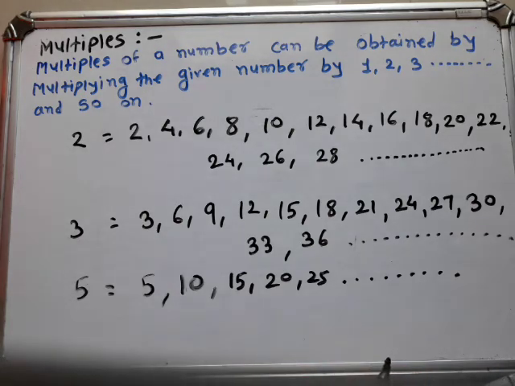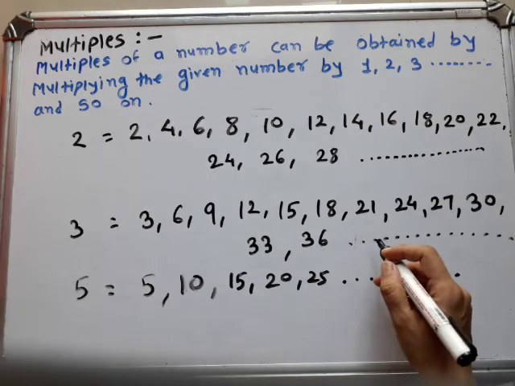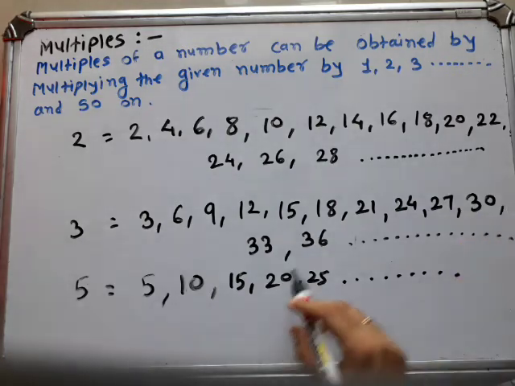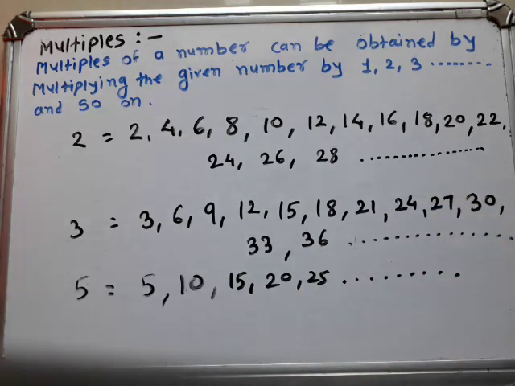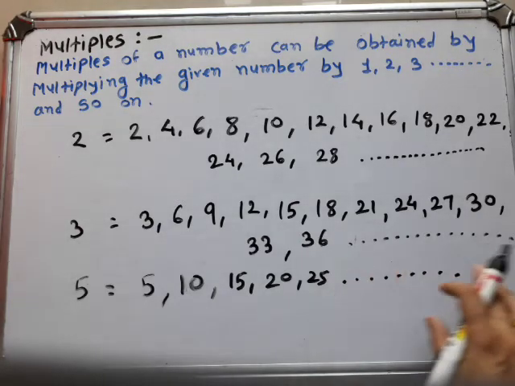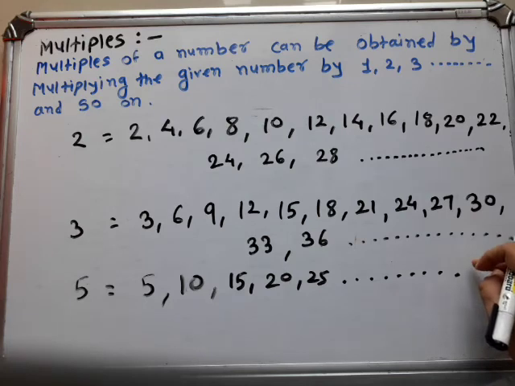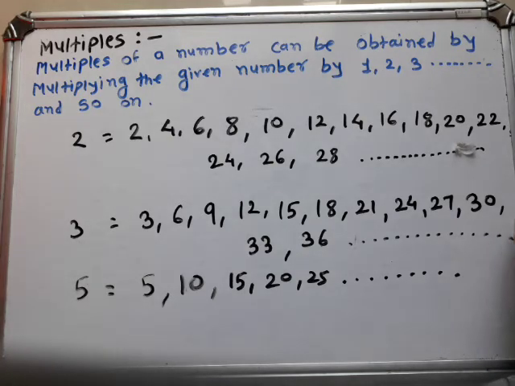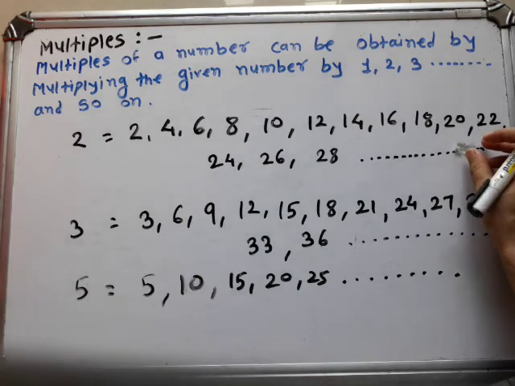The number of multiples of a given number is countless. So here the multiples are countless. There is no limit. The list is endless. Here there is no end. The list continues. We multiply the given number again and again. So here the list is endless. So we write here the number of multiples of a given number is countless, which means the number of multiples of a given number is infinite.